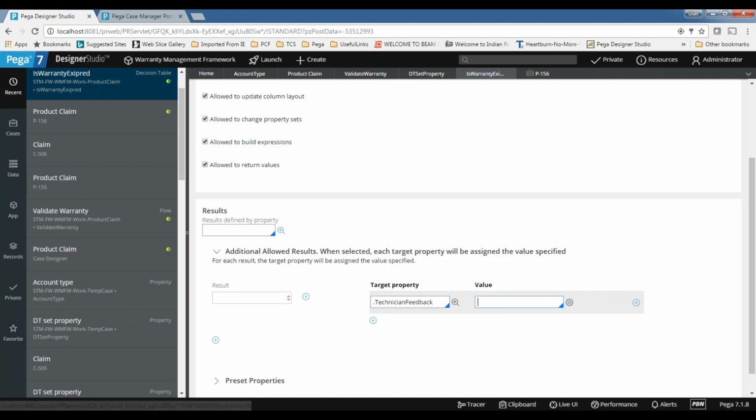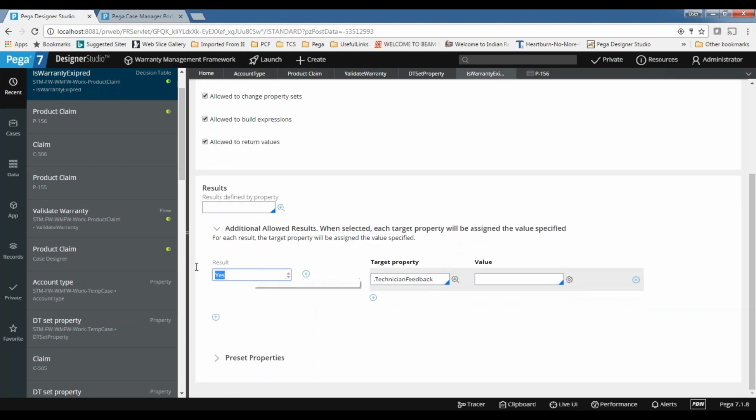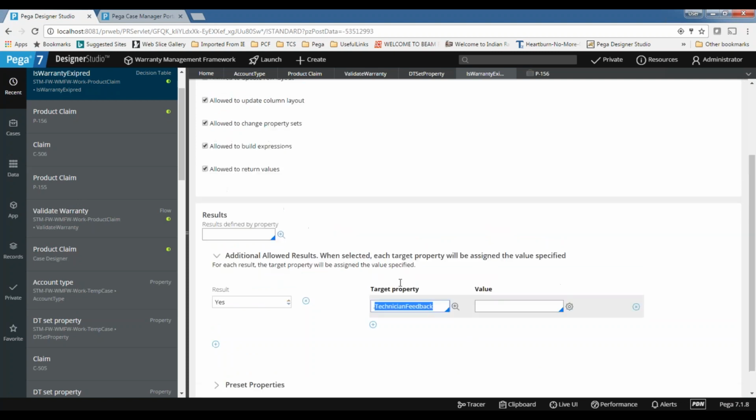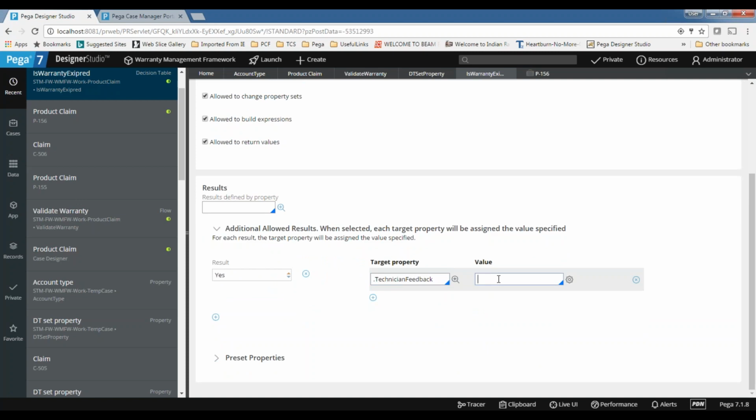That means the particular row, if it matches is warranty true, then while we are returning, it is yes or no, right? Yes. So when it is yes, we are setting on property the product detail and price. So you are saying apart from that, for the rest of the columns also you can set the values? Yes, other properties also you can set. Is that correct? My understanding? Yes. Okay. Thank you.